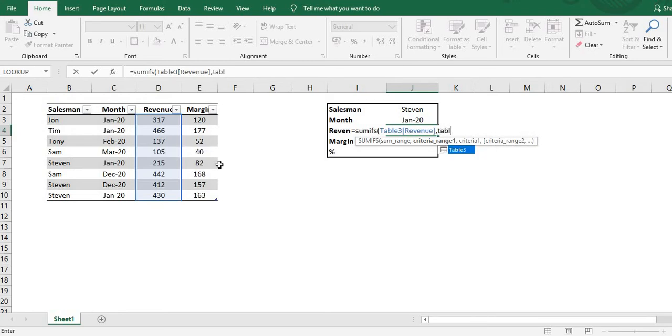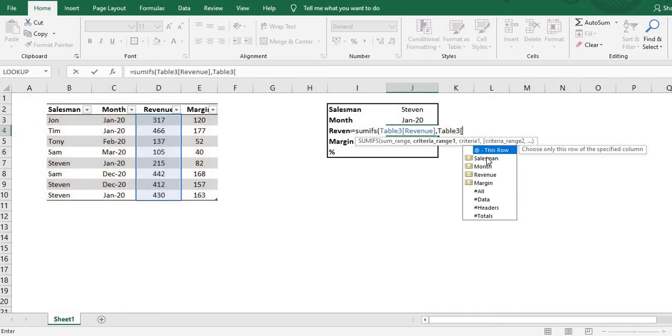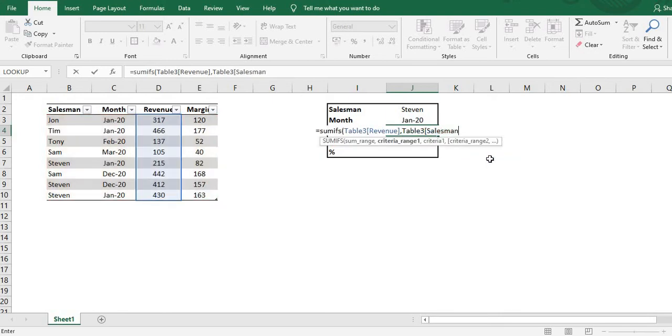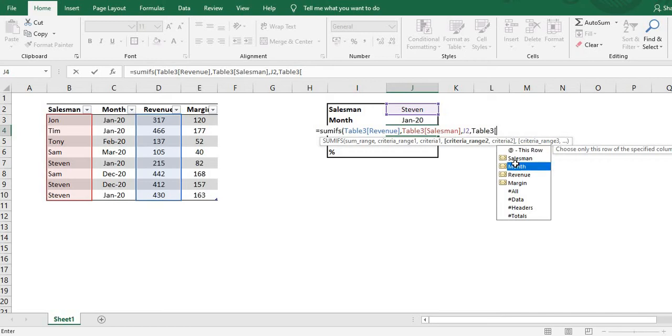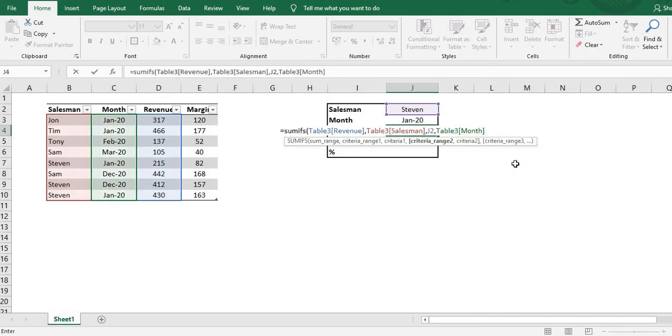Again, if I type table, it automatically pops up. Open square bracket, Salesman, close the bracket there, and comma. Criteria 1, so is the name up there. And we want to look at the month as well. So again, if I type table, click on that, open square bracket, Month, close square bracket, and then just select the month there. So if I close that off,